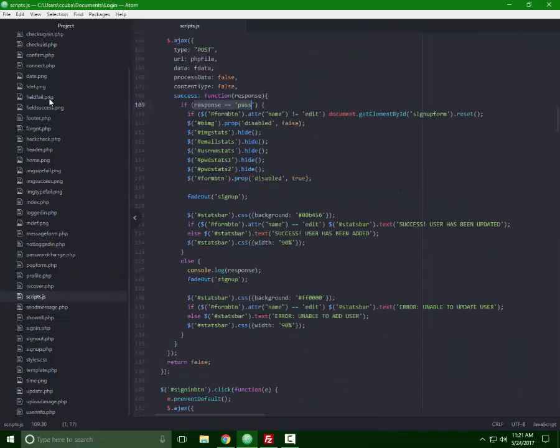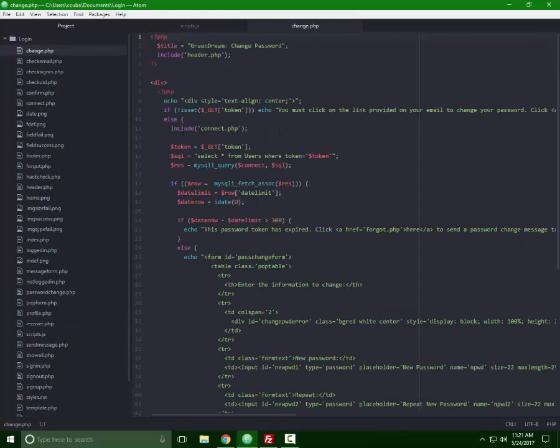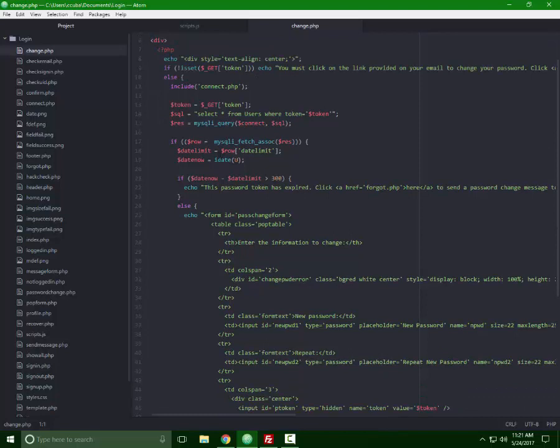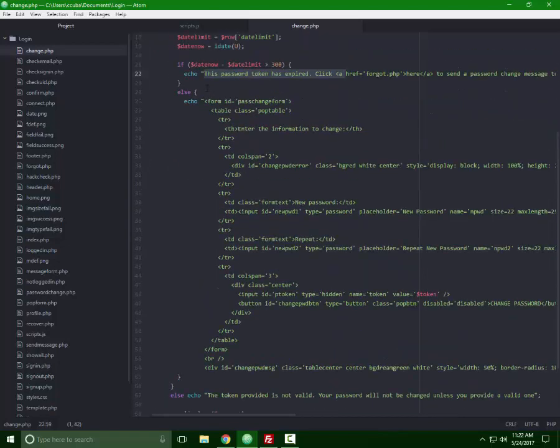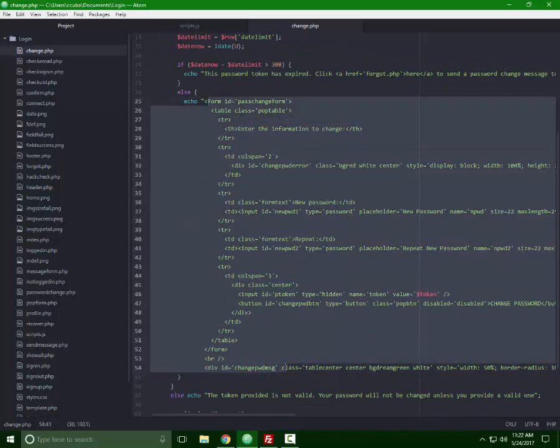As we try to change the password, we're going to check that information based on the token. And here the token, we're going to get the date limit and the date from the moment the user is trying to change the password. If it's greater than 300, 300 being 300 seconds or 5 minutes, we just output that it has expired and that they need to do the process again. If not, we output the whole form again,